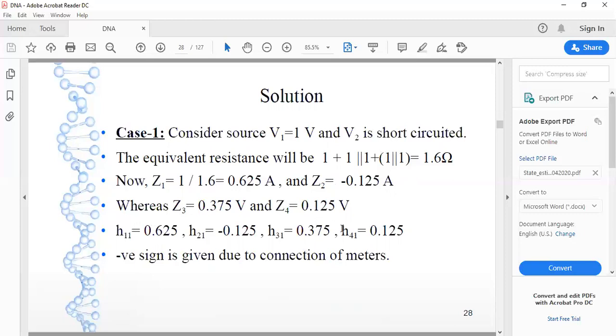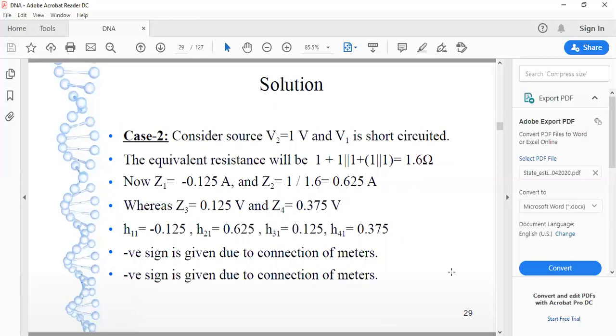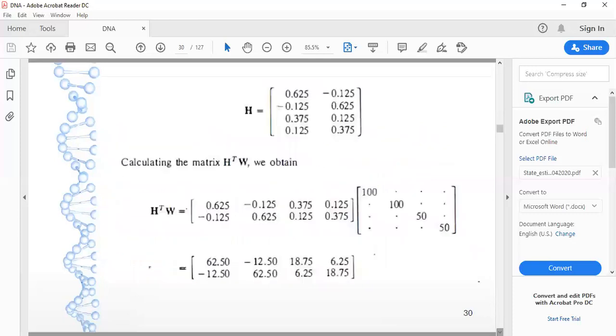Over here, the size of matrix H is M cross N. As I previously mentioned, M is equal to 4 and N is equal to 2. Hence, the size of H will be 4 cross 2. So by this, we will have the first column matrix. From here, we will get the second column matrix and we can easily form H. This is our H matrix.